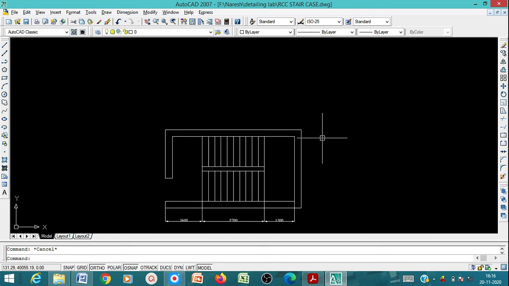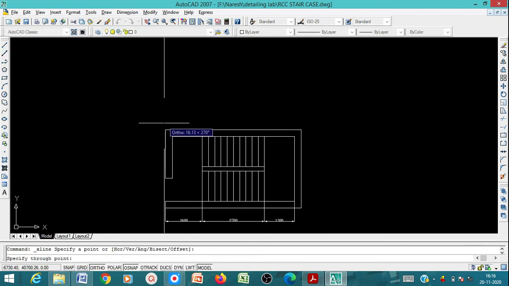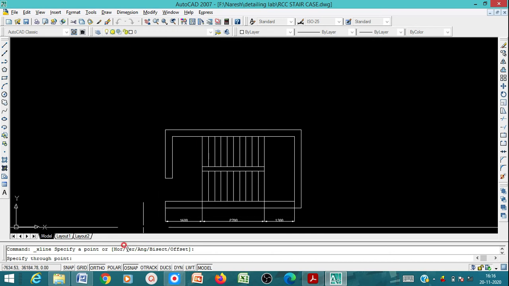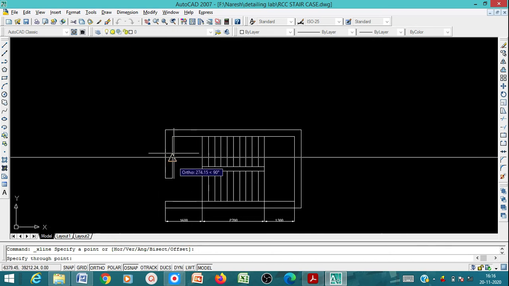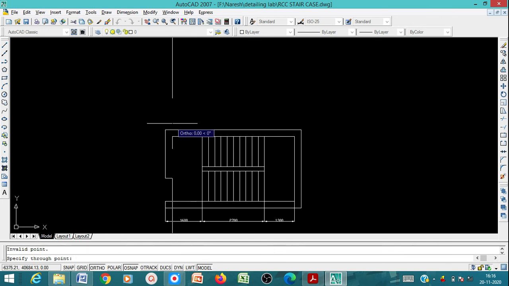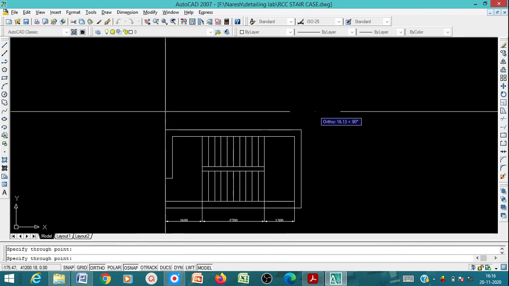So we'll move on to the elevation part. We can extend these lines by using the construction line. You select it, and it asks whether it is vertical or horizontal. You type V, enter, and here also.